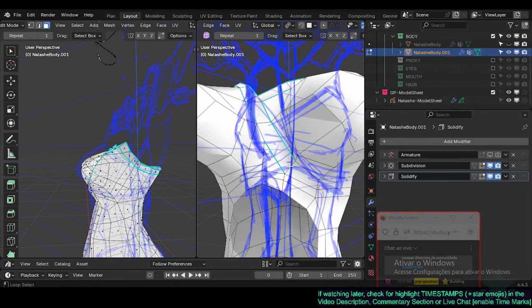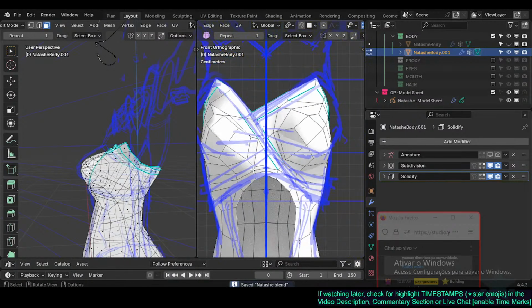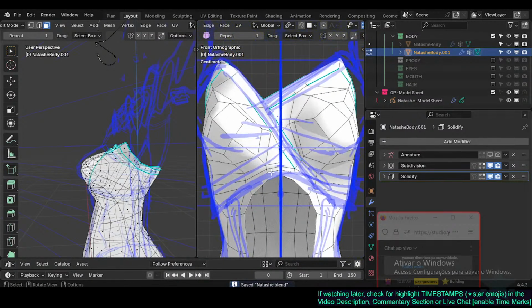There we go. At least one side. Then for the other side,